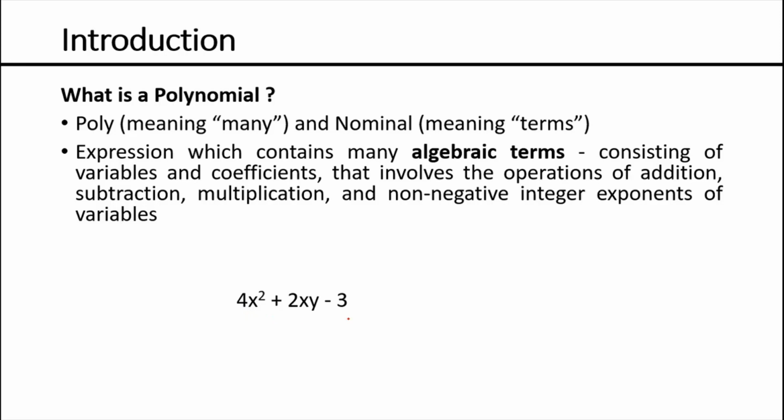Now let us try to dissect this term by term. First we will see what are variables. Variables are the symbols here which can assume different values. So in this expression we can see that the only two variables are x and y. Now coming on to coefficients. Coefficients are the constant terms which are attached to these variables. So here we can see 4 and 2 are coefficients and 3 here is a constant term. Since 3 is not having any variable attached to it, it is a constant term. It can only assume a value of 3.